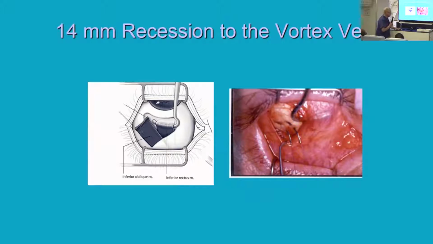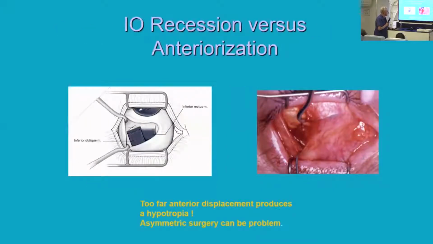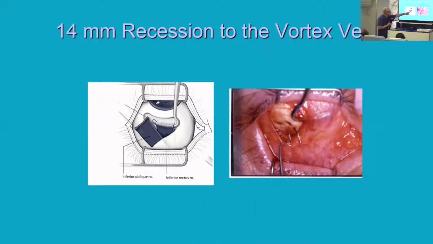Now, in this particular case, we're attaching it just lateral to the inferior rectus insertion. So that's really more of an anteriorization than it is of a recession when it's attached in that particular position. If we want to really recess it maximally, or put it farther back, we would attach it back here along the inferior rectus muscle,